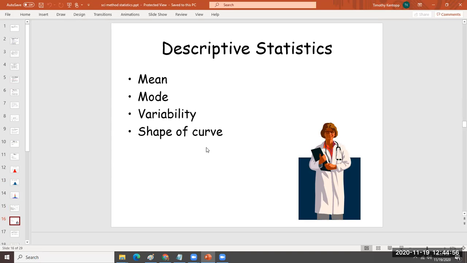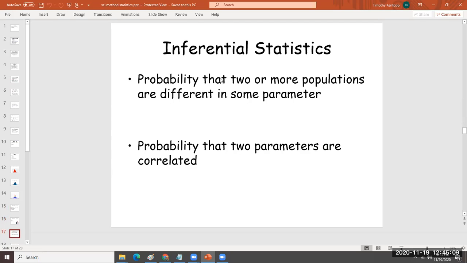Whenever we're talking about numbers-based data analysis like mean, mode, variability, and the shape of the curve, that fits into this generic category we call descriptive statistics. And then, as I said before, the inferential statistics has more to do with probability. So when you're analyzing data for the purpose of inference, you want to understand if two or more data sets, and I'm going to use the word data set here,